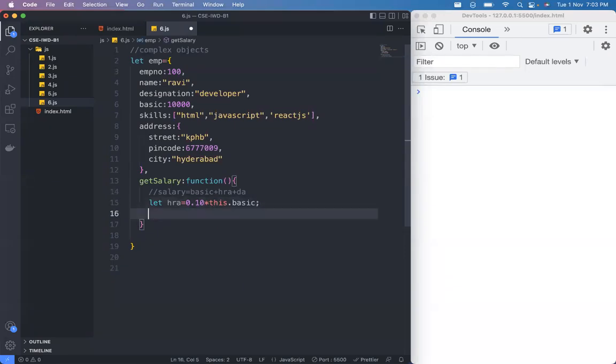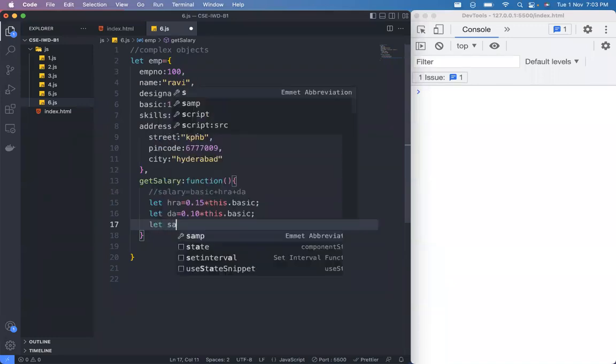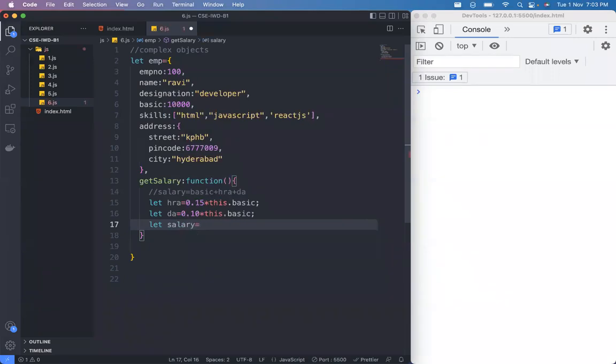And let me calculate the DA also. Now I would like to have the HRA as 15%, 0.15, and DA can be 10%, for example, 0.10 into this dot basic. HRA and DA are both calculated. Now let us find the salary. Let salary be equal to, how can we get the salary? Basic means this dot basic